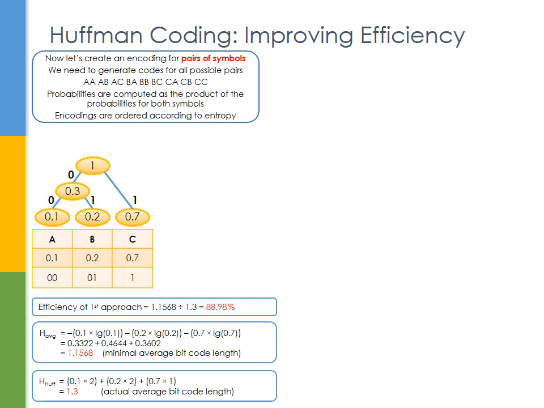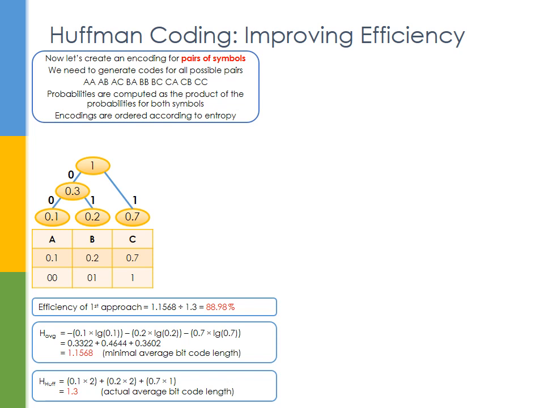So what we will do is, instead of generating an encoding for individual symbols as we've just done, we will now generate an encoding for pairs of symbols. So in other words, we need to consider every possible pair of our symbols that we might need to encode. So every possible pair then includes the pairs AA, AB, AC, BA, BB, BC, CA, CB, and finally CC. So we will generate then an encoding for each one of those pairs, where we treat each pair as a